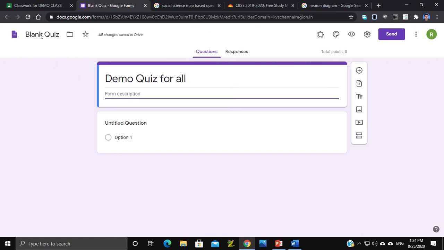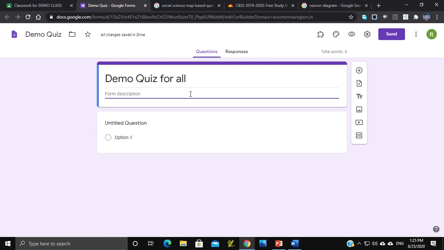Then I can change the name from here. Whatever we are doing, we need not save here, because all the changes will be saved automatically in your Google Drive.